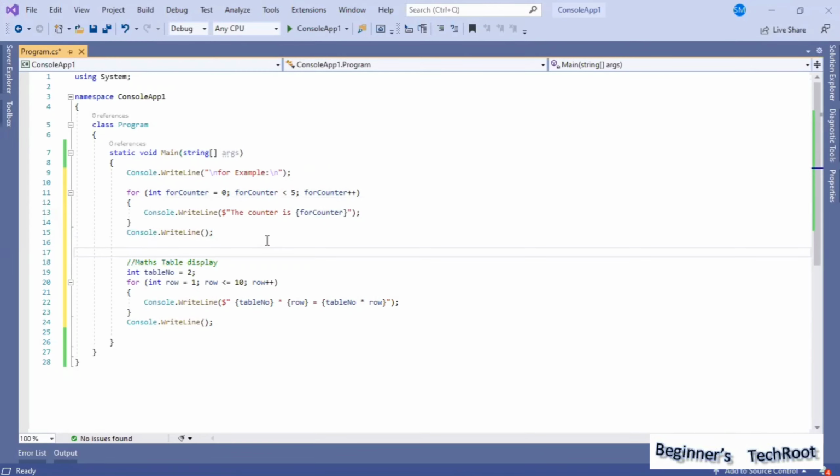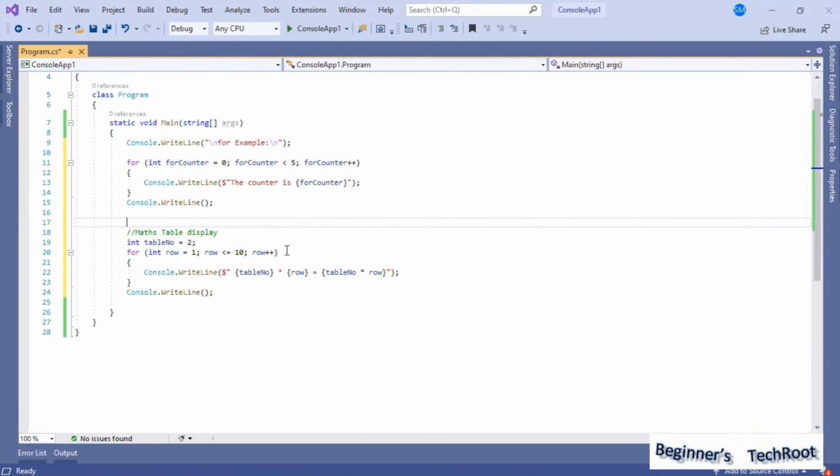And then, in a similar way, using the for loop, how we can do the looping. As another example I am giving here: if you want to display a math table, for example table 2, how can that be done? To display table 2 values, we define int row equal to 1, row less than or equal to 10, and row plus plus. Like that we are using a for loop, and inside I have used table number so that I can substitute this value 2.